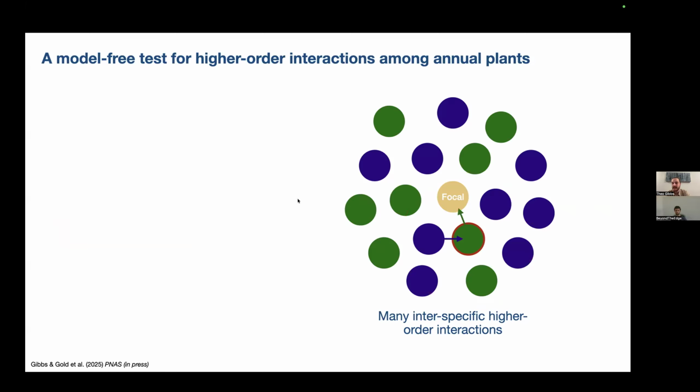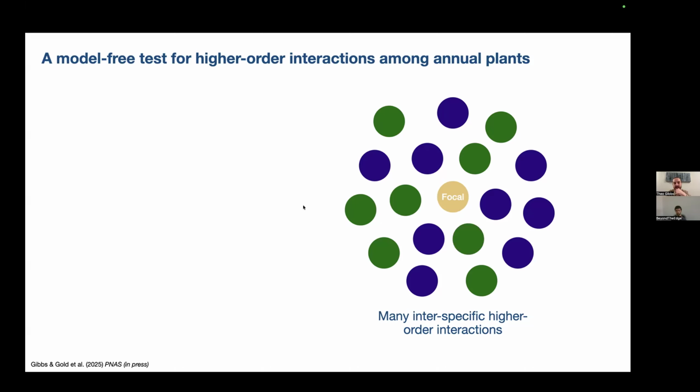And because it's competing with this purple individual, its phenotype might change in some way. Say it roots more deeply or it grows taller. And this can have some cascading impact on the focal plant. It could change its competition relative to a case where it wasn't competing. It can make it stronger, say. And so our idea